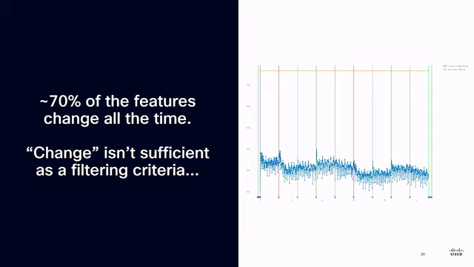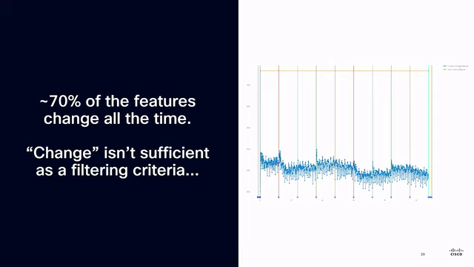That means change is the norm for a router. Why? Most of the counters have something to do with packets. Why do we use a router? To forward packets. So just using change is not good enough. And by the way, all these vertical lines are when I introduce a change to the system. And you don't even see that there is a massive pattern around these individual change points. So that doesn't help either. So I need to be a little bit smarter about that.